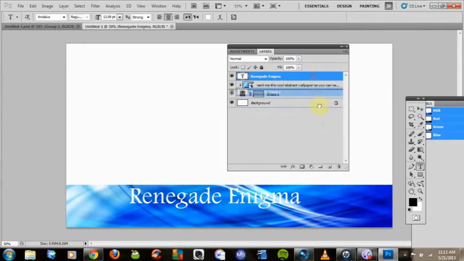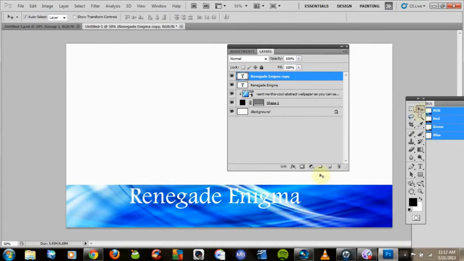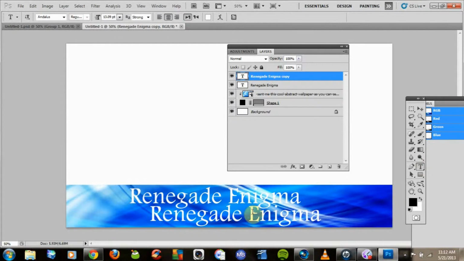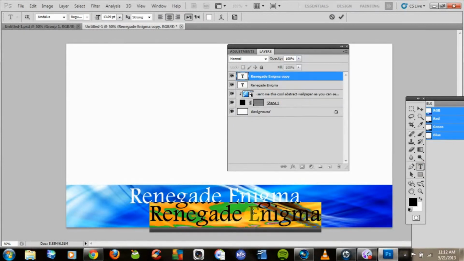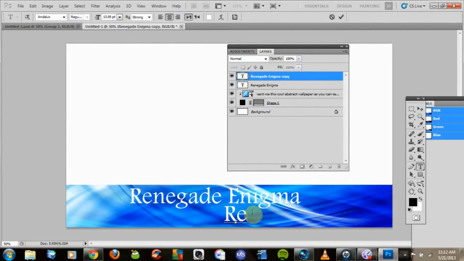From here you're gonna want to copy that by dragging it to the new layer icon and move tool again and move it under, and from here you want to change what it says. So text tool again, and I'm gonna put the name of my website here, which is